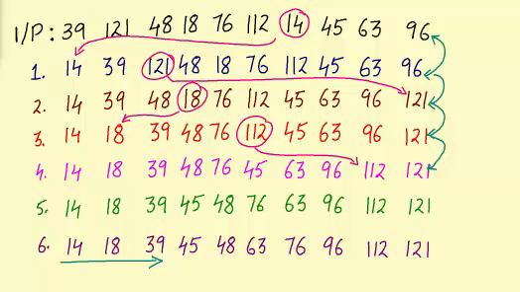Finally, we got the idea of the pattern of rearrangement, which is that there are changes in alternate steps. In odd-numbered steps, that is step 1, step 3, step 5, the numbers are being arranged from the left-hand side in ascending order, while in even-numbered steps, that is step 2, step 4, step 6, the numbers are being arranged from the right-hand side in descending order. And finally, we are arranging all the numbers in ascending order, which is our output. Now let's do questions based on this example.